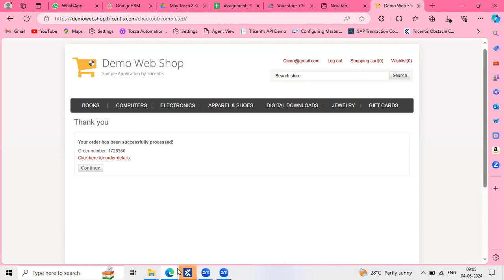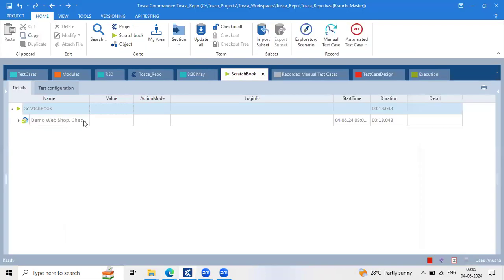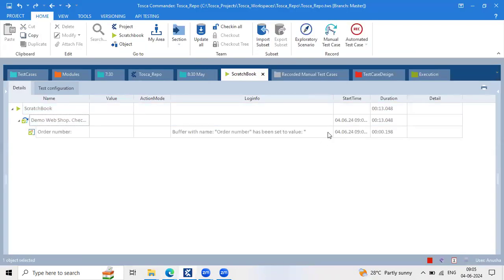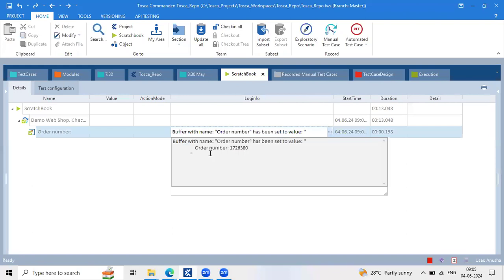Yeah. So see here, team, the script is executed successfully and even the value is set to the value equal to here, order number